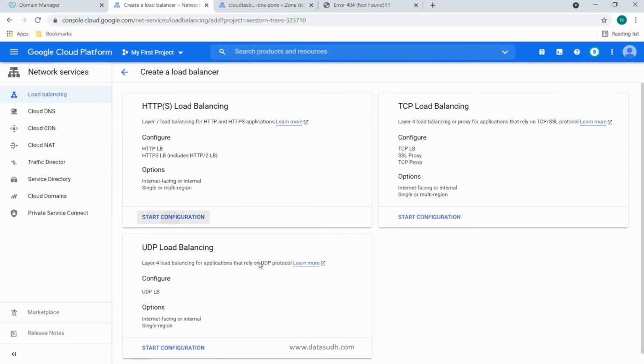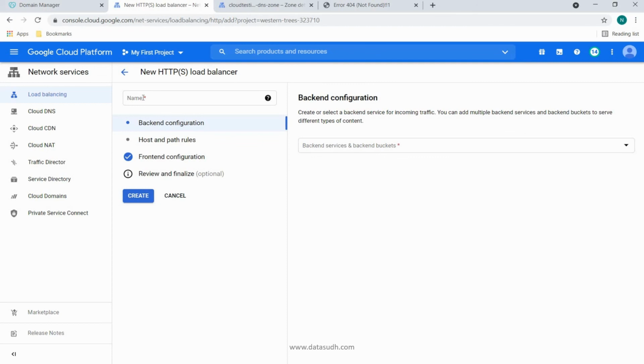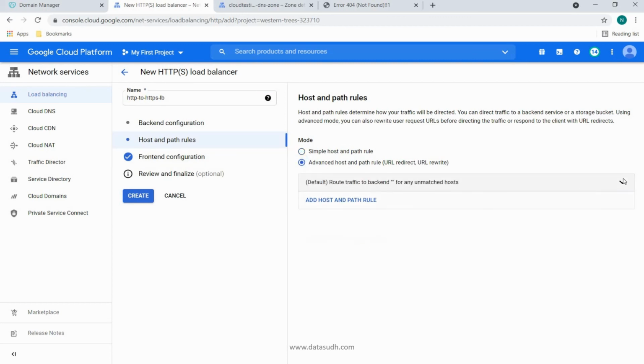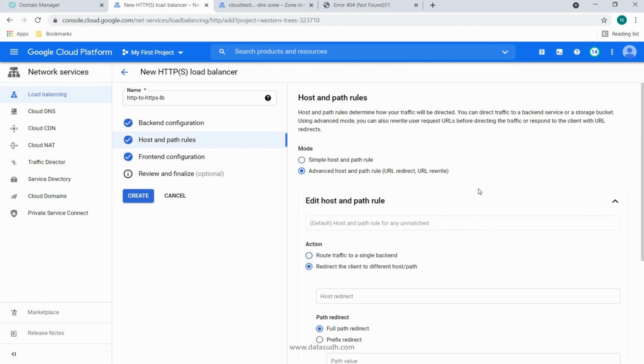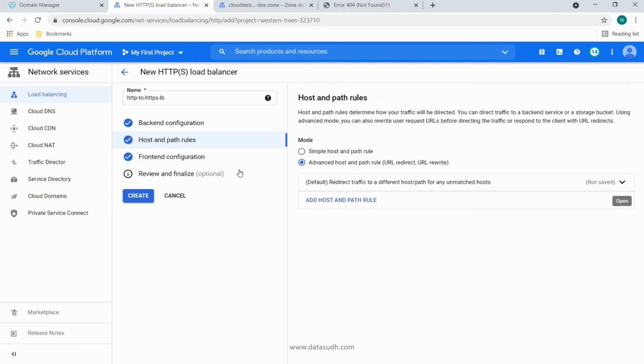So select this again, continue, enter the name as HTTP to HTTPS load balancing, leave backend configuration as it is, go to host and path rule, select advanced and select redirect the client to different host path. In this, select prefix redirect and enable the HTTPS redirect. Click on done.